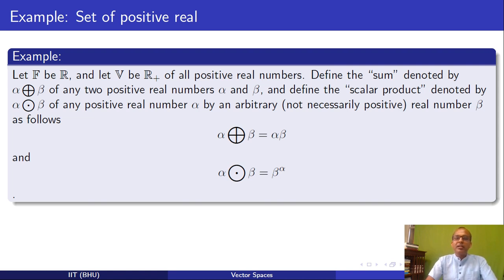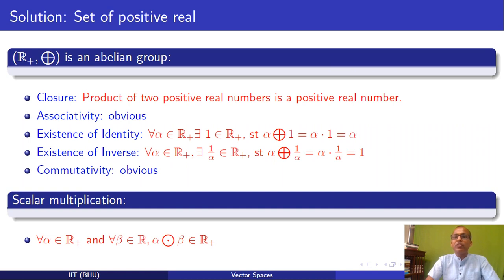So in this way, whenever something is not going to follow the properties of vector space, suppose I want to write some kind of new algorithm that is compatible with my hardware, you are allowed to write it, provided that it satisfies all the properties of vector space. So I can now define a new operation. If I have a positive number, then addition is just like multiplication, and multiplication is b power alpha, and that will satisfy all properties of vector space.